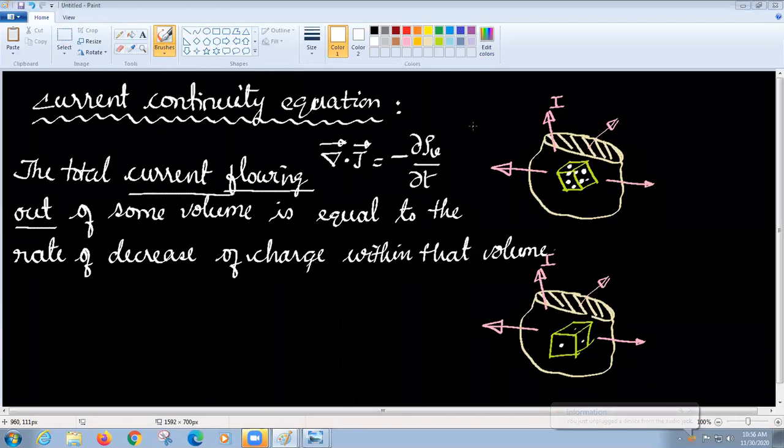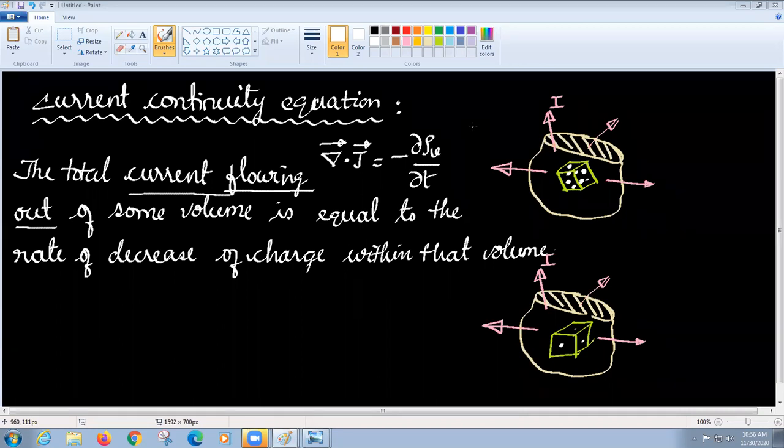When current is entering, the positive charge gets deposited, or the positive charge quantity must increase within that elemental volume. If positive charge is increasing within that elemental volume, you would understand that negative charge is leaving out. Strictly speaking, there is no positive charge. It's only a reference frame. You have only negative charge involved because your nucleus never tends to move. You need lots of electrical pressure to make your nucleus move from one position to another. It's all the matter of movement of the free electrons only.